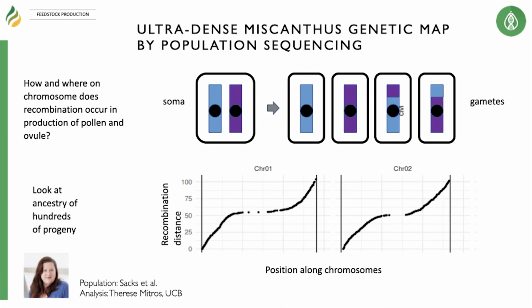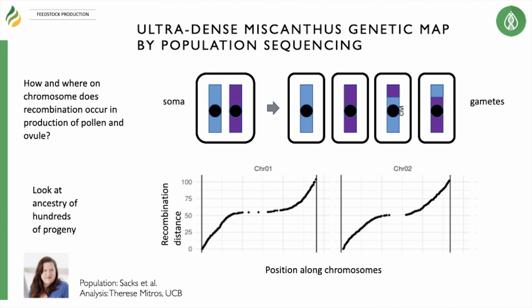Instead of showing you 19 pairs of chromosomes, I'm showing you just one, because that suffices to show the basic point. If I have a blue and a purple chromosome from mom and dad, then when the plant goes to make its gametes, it's going to produce recombinant chromosomes. Those chromosomes are shown here as a segment that's blue and then a segment that's purple. And the place where they cross over, the place where they exchange, is a place we'd like to understand